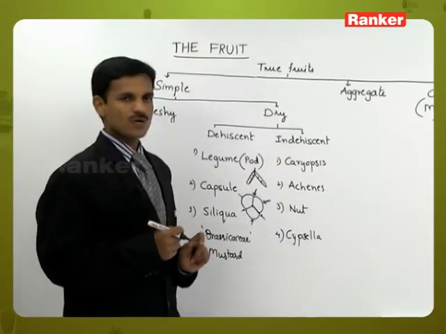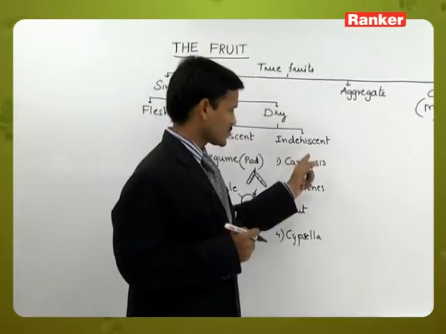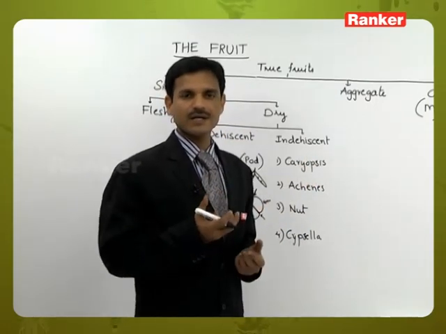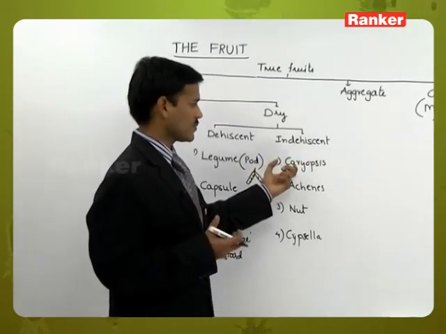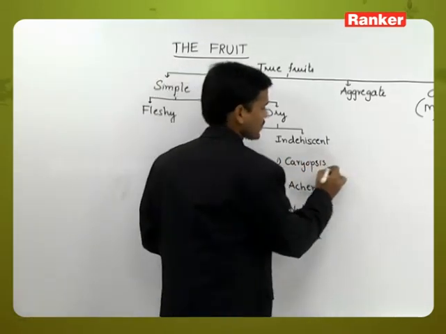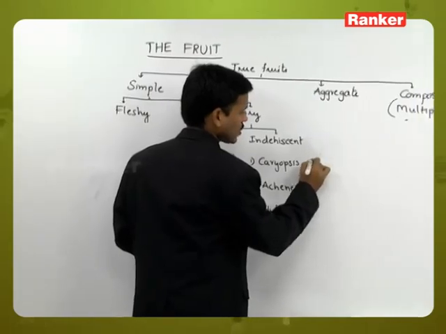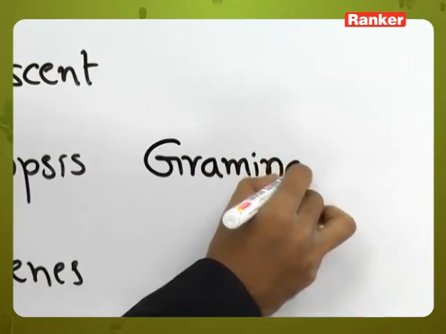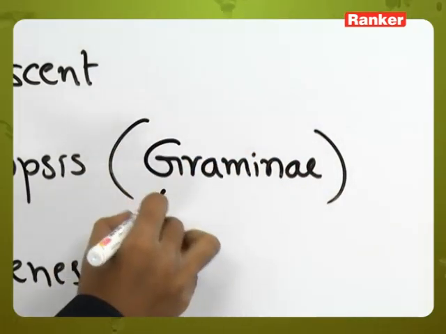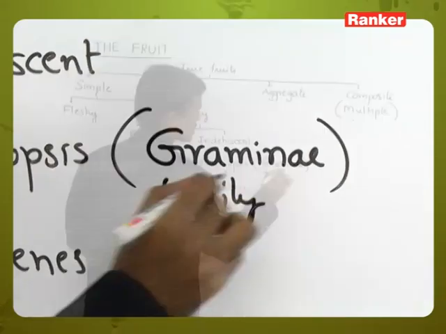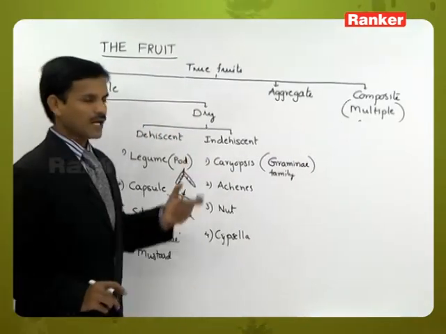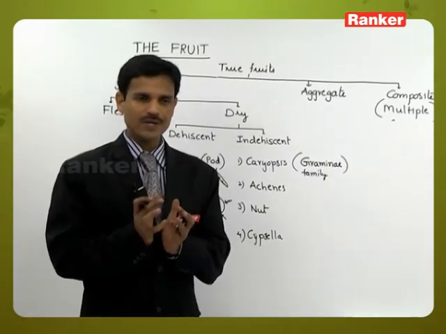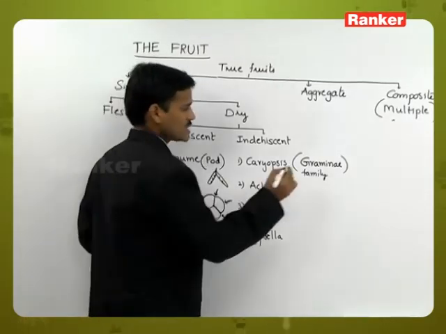A caryopsis, what is the characteristic feature of caryopsis? We know rice grains, maize and wheat are all monocot family members, graminae or Poaceae family members. So it is generally observed in the fruits of monocot plants. In caryopsis the fruit wall, the pericarp, is very thin, and the seed coat is